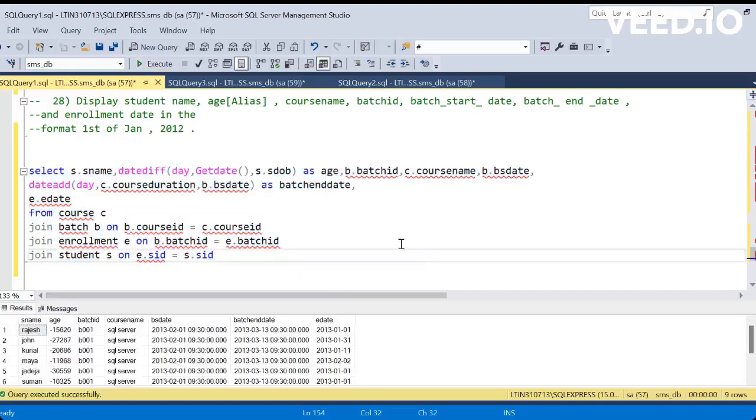So now everything is fine, right? We have mapped these four tables in the join, and we are getting data like the student name and the date of birth of that student. For the age, we have to get the difference from the current date to the date of birth, right? So the format we have to change, it is in a different format. What we can do here is we can give